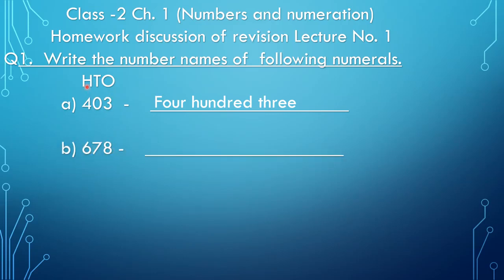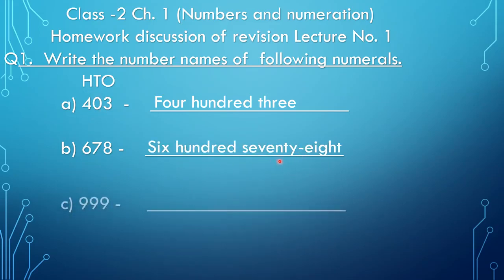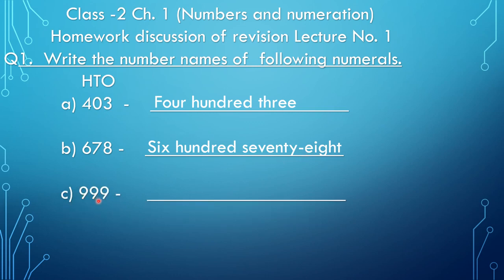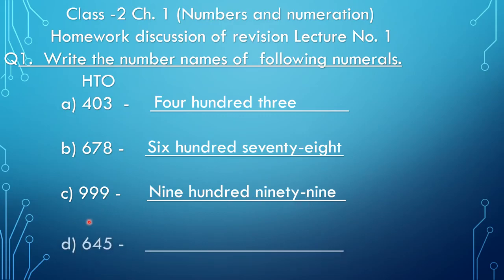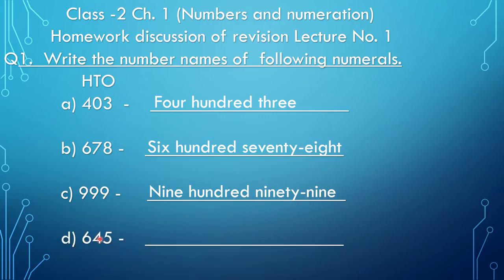Okay. Now in B part, 6, 7, 8. So here 6 is at hundreds place, 7 is at tens place and 8 is at ones place. So the ones and tens place, beta, we say together and write together. So how we can write 678. Okay. Now in C part, it's 999. You need to learn all these spellings. Okay. Now in D part, 600, 45. So 645. Always remember in 40, U does not come, beta. Okay. F-O-R-T-Y. What is the spelling of 40? That is